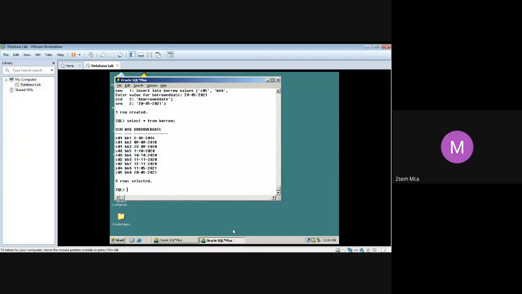So you should be having this data: S01 BK1, 01 BK2, 01 BK3, 03 BK4, BK5, and so on for the remaining students up to S05. Date is okay. You can enter any date that you want. That's okay with me. But this USN and book ID, please write the same data.